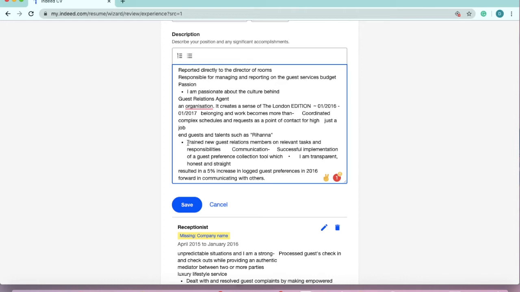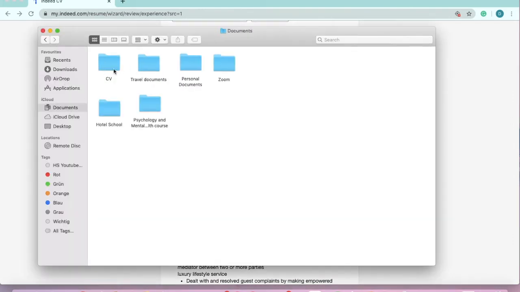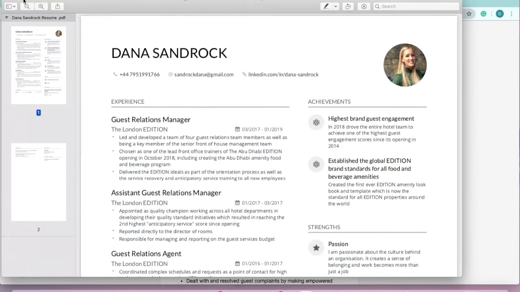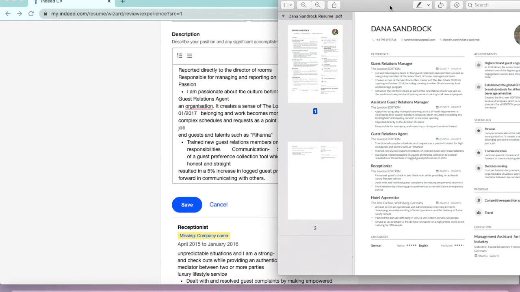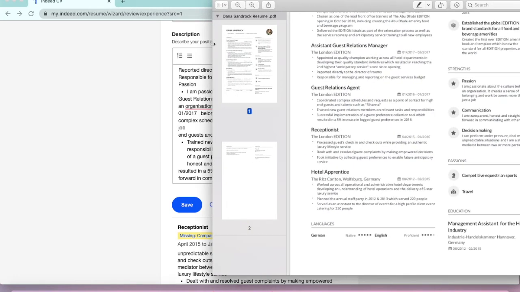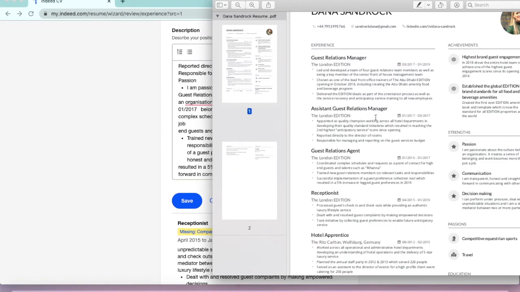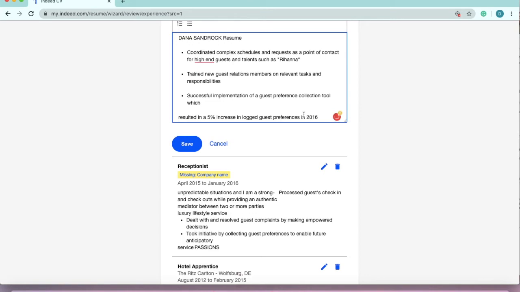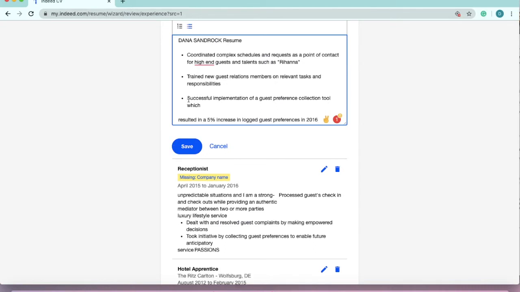So what I would do is make sure that you've got your CV somewhere that you can open at the same time. So I'm just going to go quickly on mine and open that at the same time. So I have all the information here, and because we're starting, this is the one as a guest relations agent. So I can look here, the guest relations agent, and those are the things that I've done there. So I think I'm going to delete all of this, and I'm copy pasting the information that I've got on my CV into the profile at the same time,